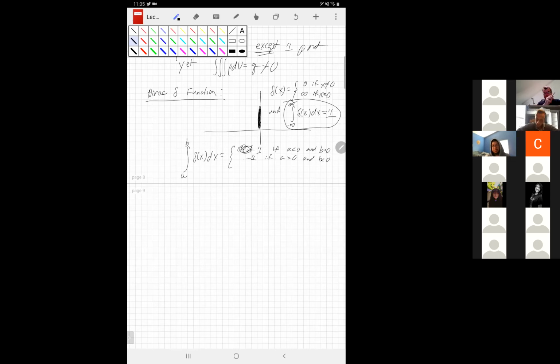That would just mean that instead of going from left to right, we're going from right to left. And 0 otherwise. So if I go over this interval, likewise, if I go over this one, the integral of delta of x dx equals 0. But if I go over this interval,